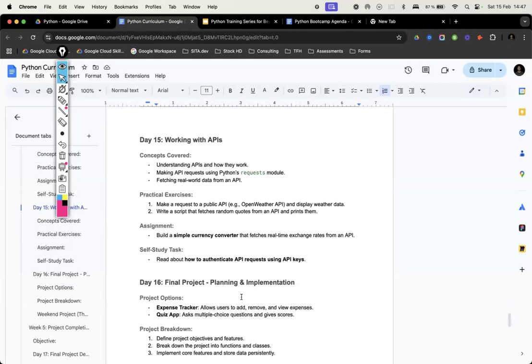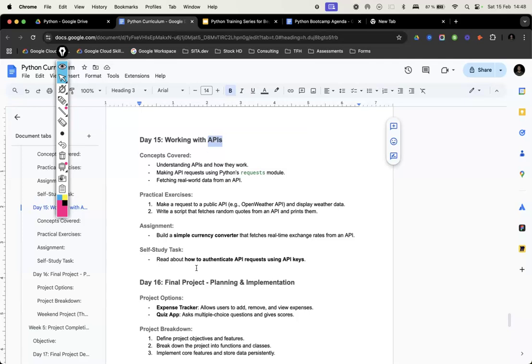And then we start entering the APIs world. We'll work with APIs. Actually, this is not an intermediate concept for absolute beginners. It will be an advanced concept, but we don't dig deeper into APIs. We learn only as much as we need to learn about APIs, and we use it in Python.